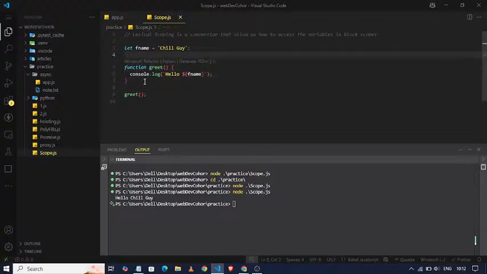This happened because these are two different scopes. This is the function scope and this is the global scope. So what lexical scoping allows us is to access the variable from different scopes. The variable can be passed to its child scope, and the child scope can access the variable from its parent scopes. So what in detail happens here is